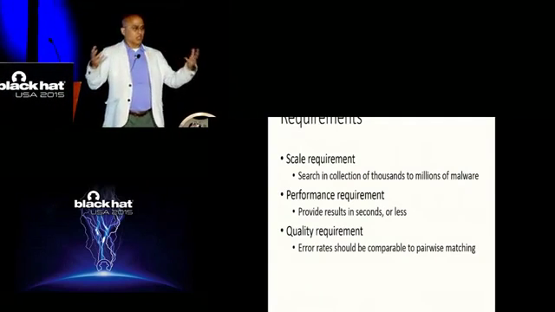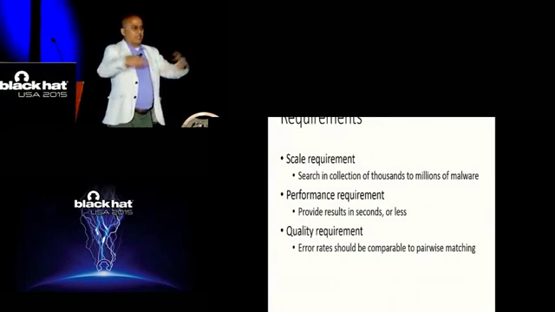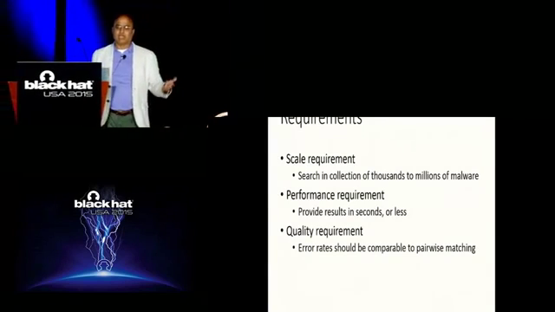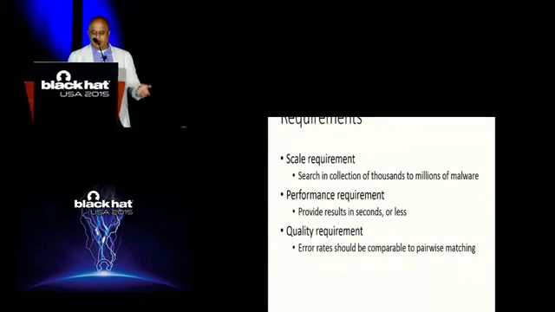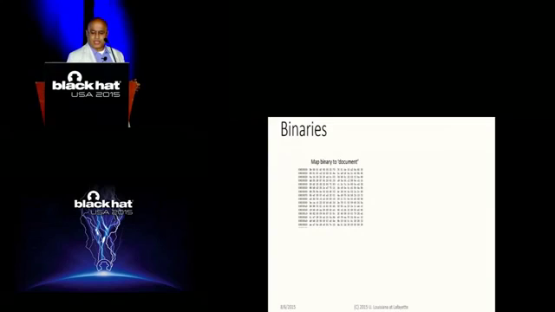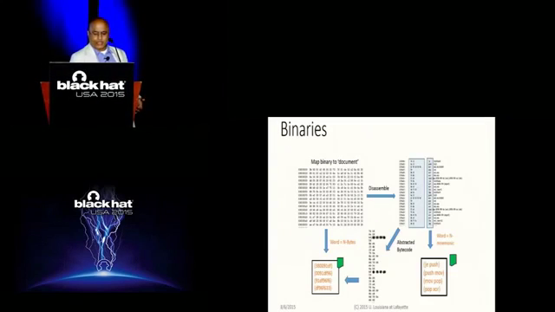You can use distributed databases like Mongo to represent a document on a distributed architecture, and that gives you the scale that you need to search a very large collection. So what's the trick? We want to represent binaries, and the classic method of representing binaries is taking a sequence of bits and converting it into